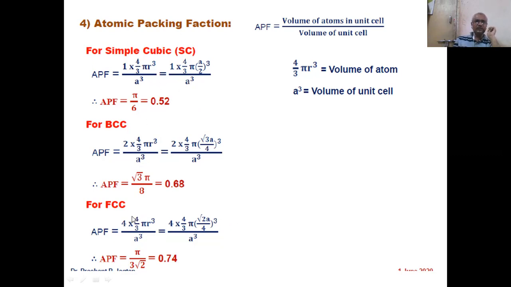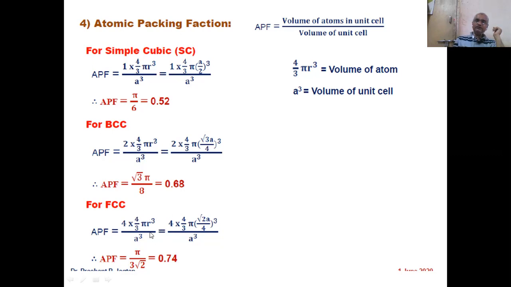Now let us move towards the next structure, that is the FCC, face centered cubic. Again, to find out the packing fraction for this, we should know the number of atoms per unit cell in FCC. As we have previously calculated, the number of atoms per unit cell for FCC is 4. Multiply it by volume of 1 atom. So this is the volume of 4 atoms, 4 multiplied by 4 by 3 pi r cube. This is the volume of the 4 atoms which are in the single unit cell, so this is the volume of atoms per unit cell.